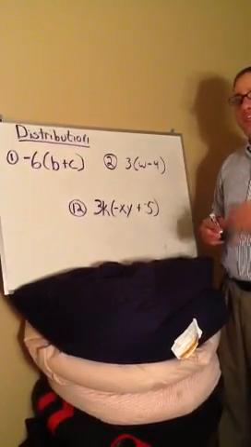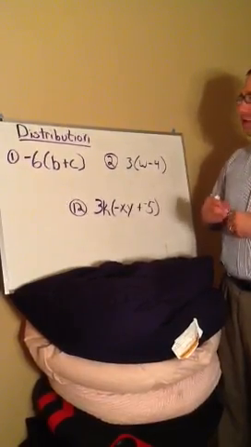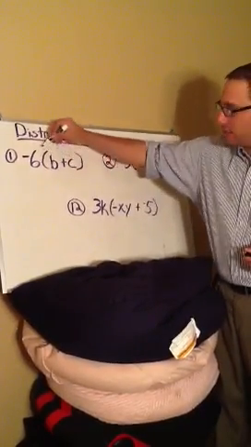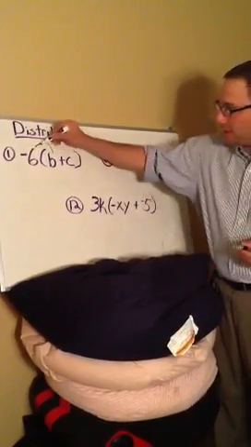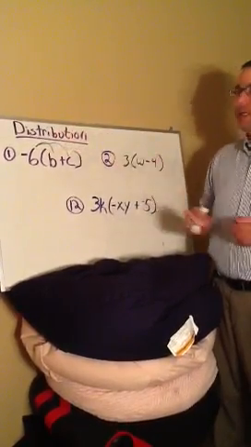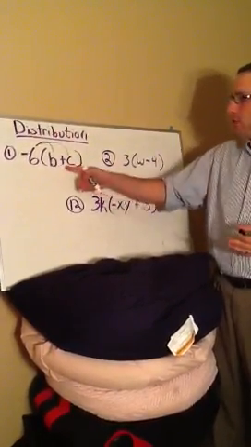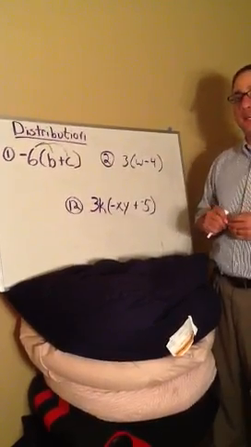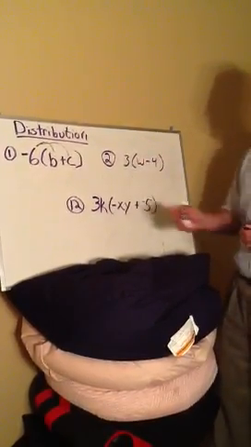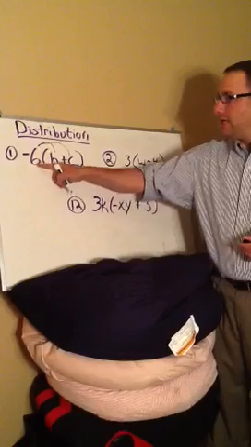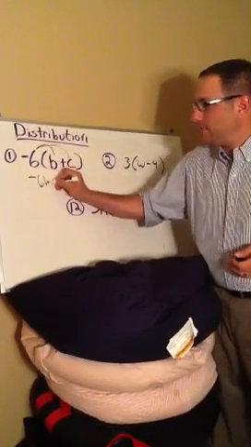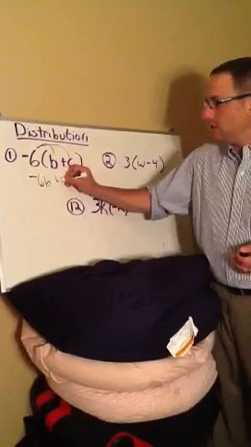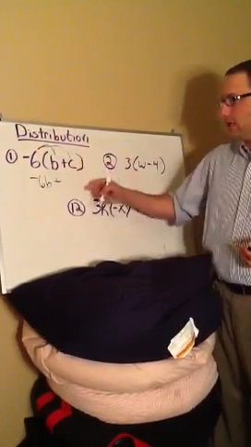Now you have to remember you distribute using multiplication. So what I'm going to do is I'm going to take -6 times b. Then I'm going to take -6 times c. Now I have to remember to include the plus sign that's there in the middle. So what this will look like is the following. -6 times b is -6b plus -6 times c, which is